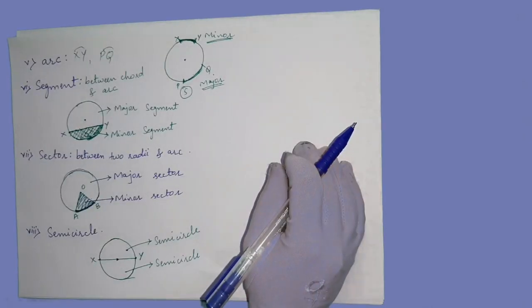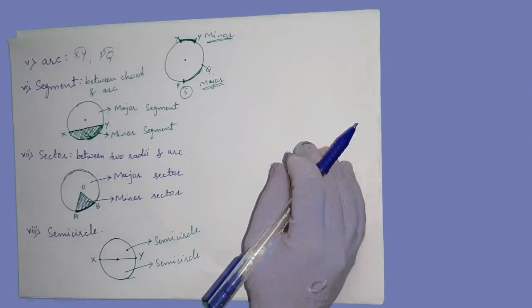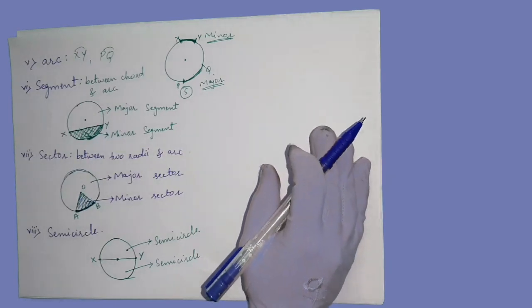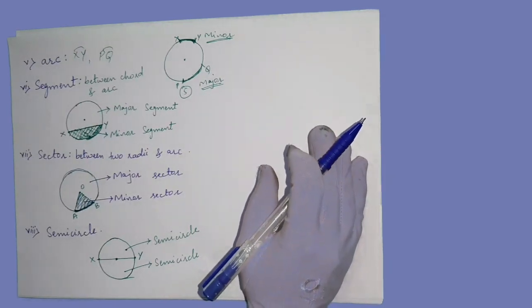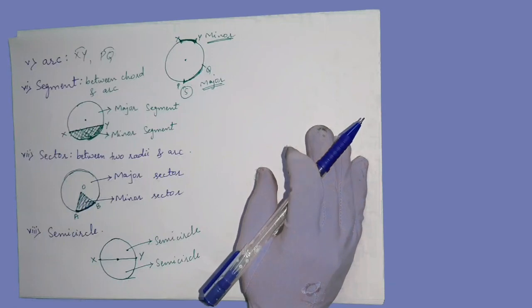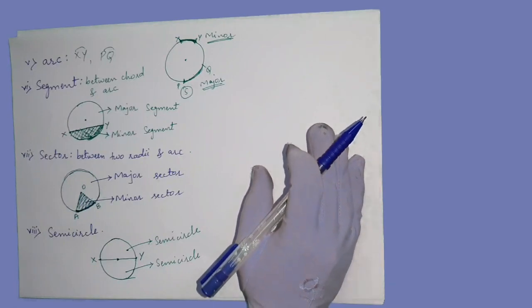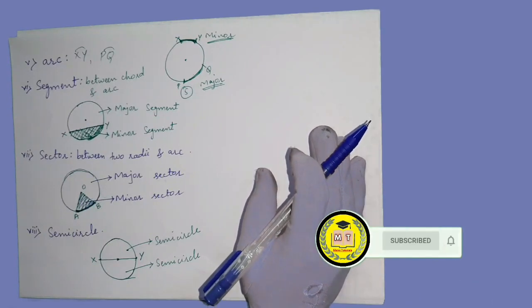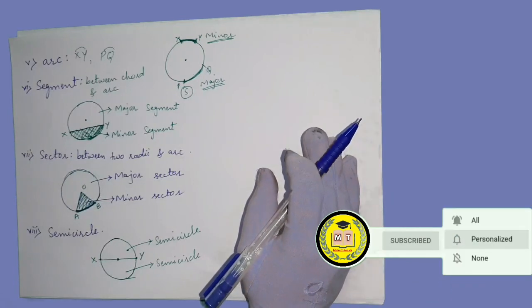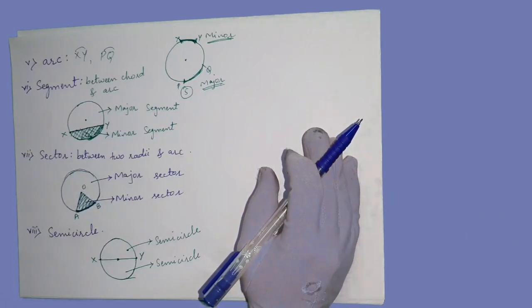So these all are the related terms to the circle, which you already know and had studied in your previous classes. Now actually we have to see what is there in our 9th standard portion, which we will see in our next video. Hope the basic terms are clear for you.